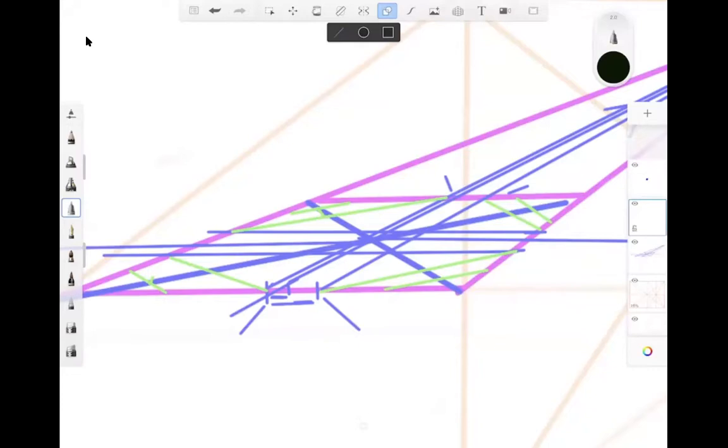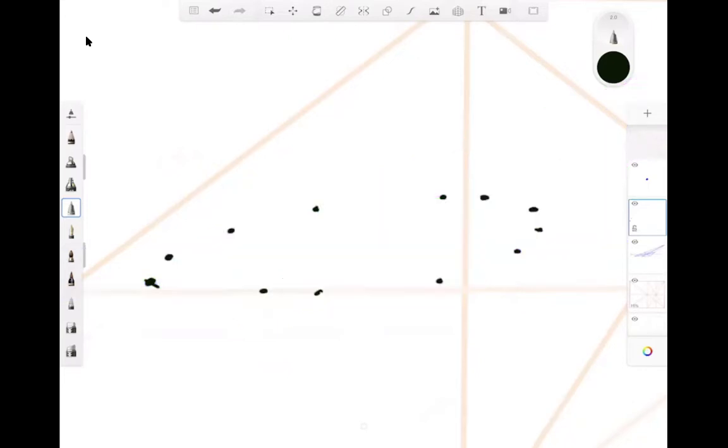So that gives us this point here, this point, this point, this point, and this point. So those are all the points that we just created. Then if you connect them,